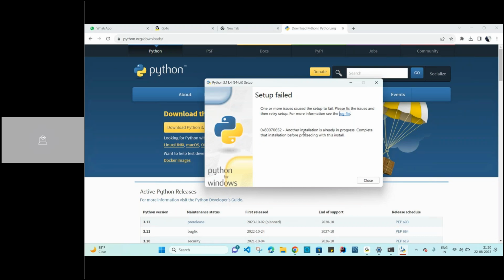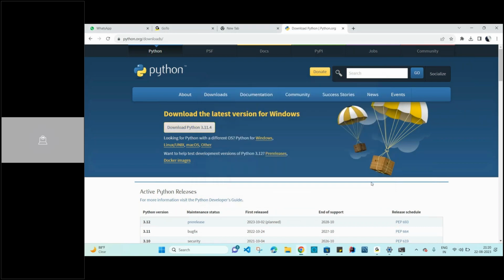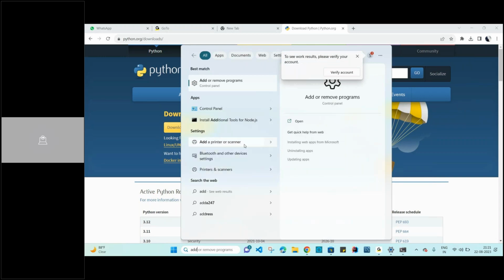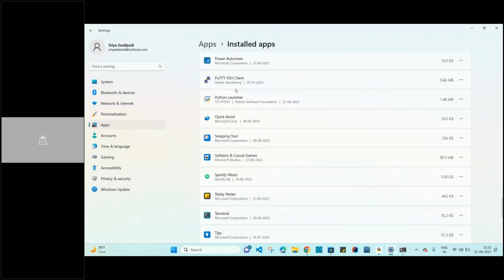Oh, the setup is failed. You have to uninstall, I guess. Close this and see if you have closed this. You need not download again. Whatever was downloaded, open that .exe. Let me just remove the program from here so that it will be installed again properly. Python launcher,